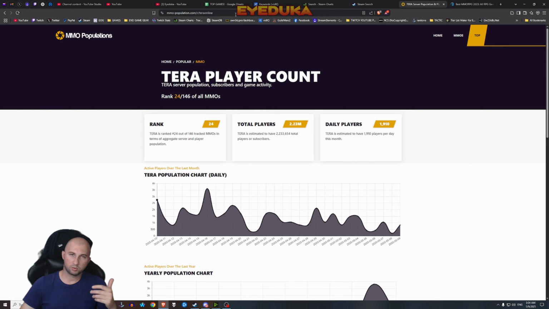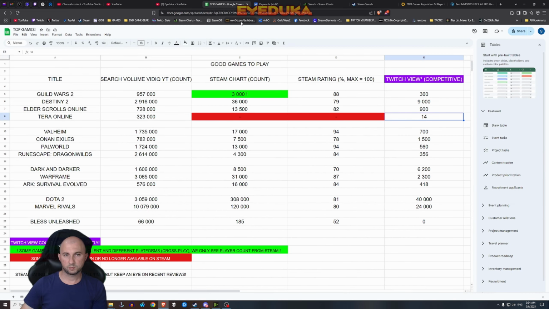Yeah, it gives you some number, but you must know that information specifically for each game. And there could be many games that are in this situation, especially MMO games. Because at the end of the day, you still see over 300,000 searches on YouTube. So clearly people are looking for this game, even though it doesn't exist on PC anymore. But yes, you do have private servers, so keep that in mind.